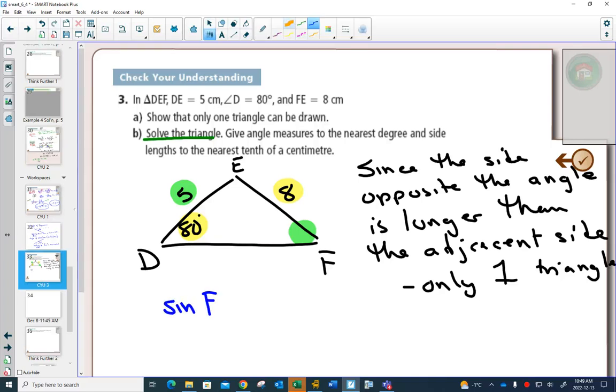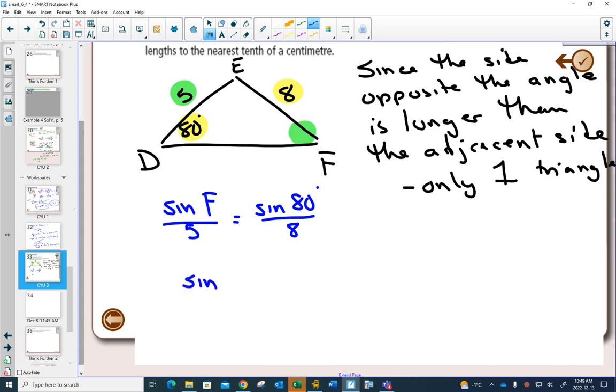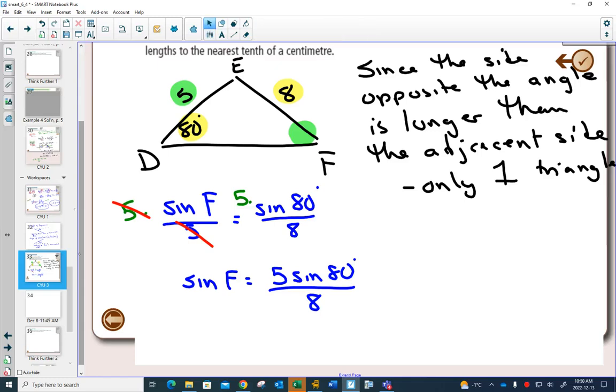So sine of F over, well, the green goes with the green, so it would be over 5, equals sine of 80 over 8. And here you can multiply both sides by 5. And you would get sine F equals 5 sine 80 over 8. So what did I do there? I multiplied this side by 5 and this side by 5. My 5 simplified on the left, leaving me with this. If I type this into my calculator,